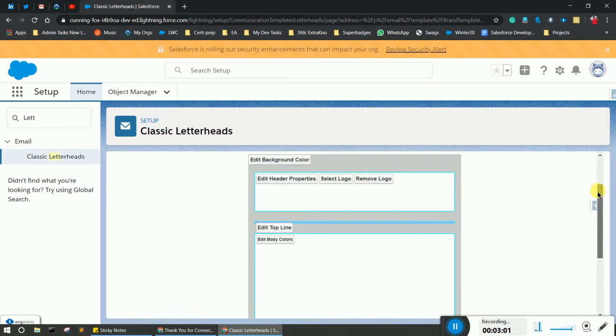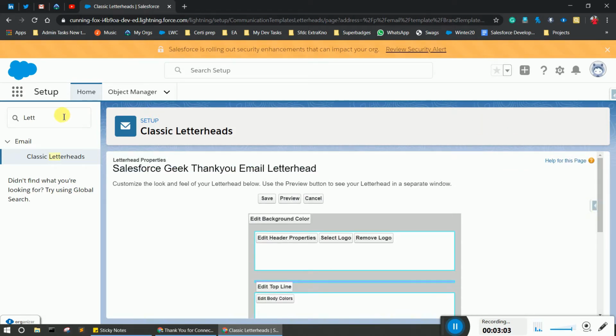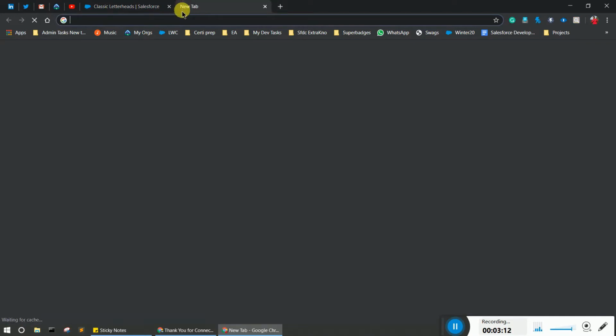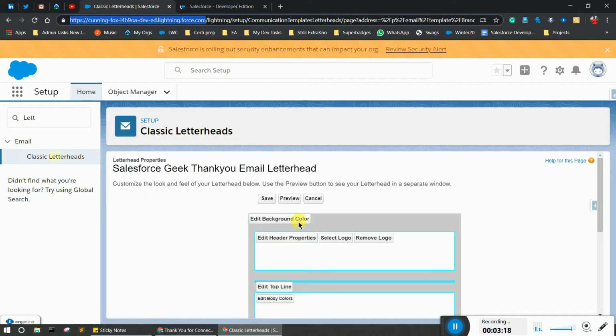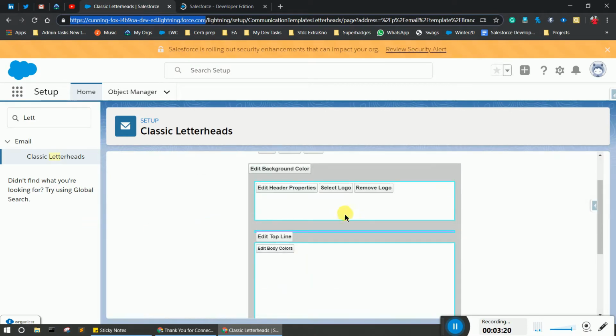For the logo, you have to move into Classic. So let's copy the URL and simply paste it in another window, another tab, sorry. As you see, we have to upload our logo etc. what we want to upload.